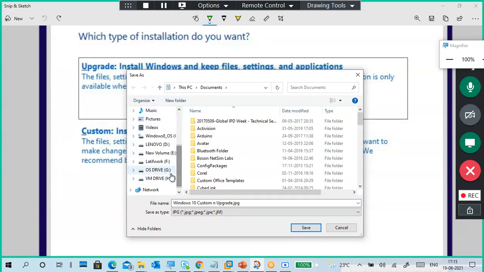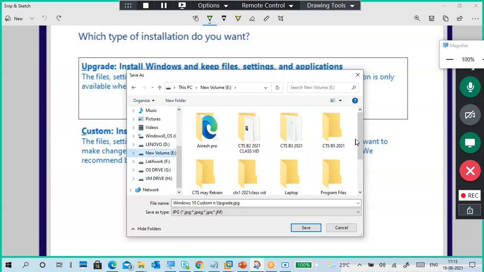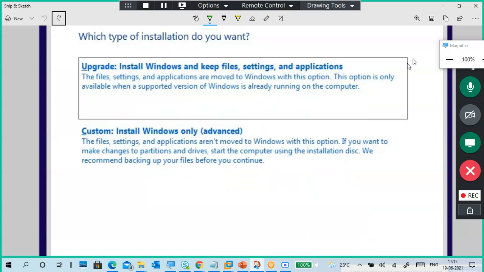By default, that is the location for storing your documents, pictures and all like that. The default location.